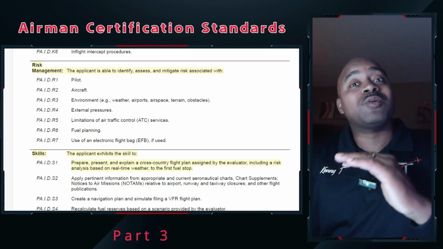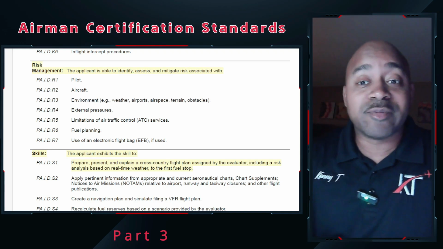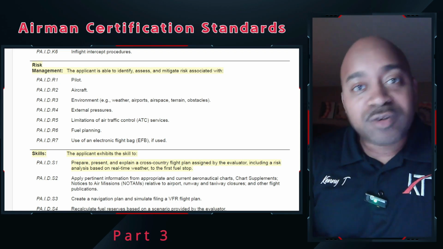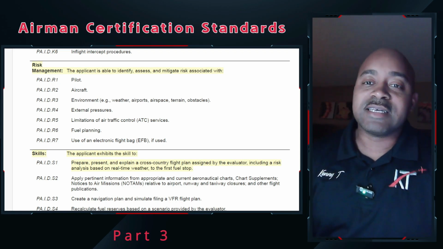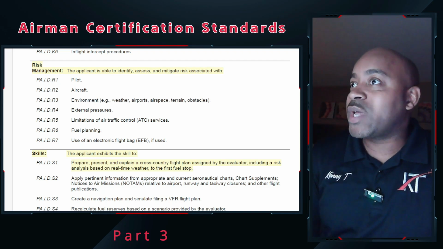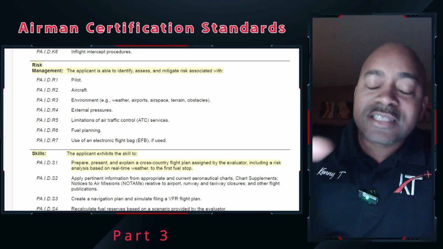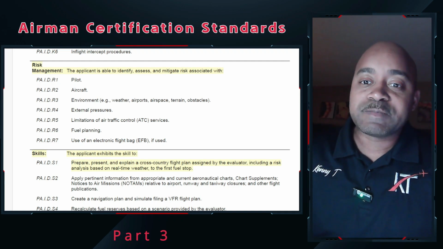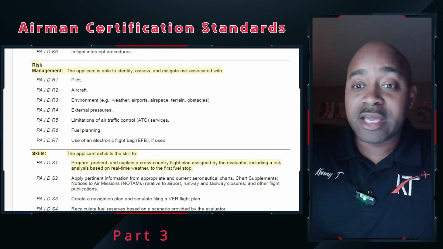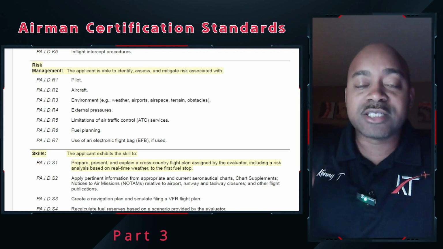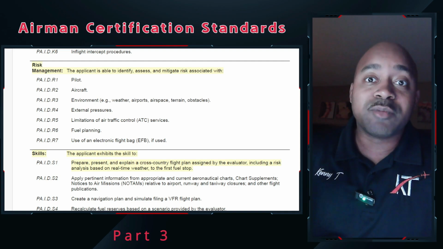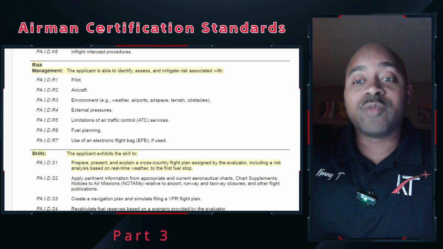That is one of the most common ways that we check to make sure the pilot's good. Aircraft, how do you make sure the aircraft's good? Well, we talked about that in the first part of the ACS, and that's going to be all your inspections. Environment, weather. We previously, like I said, covered this whole part of the cross-country planning, which covers almost the entire first section, because you cover your aircraft we talked about, environment, external pressures. That goes into what factors are going to push you one way or the other when you come with your